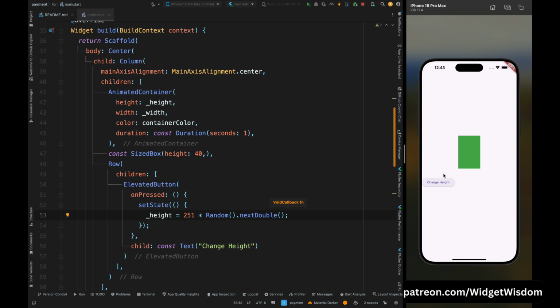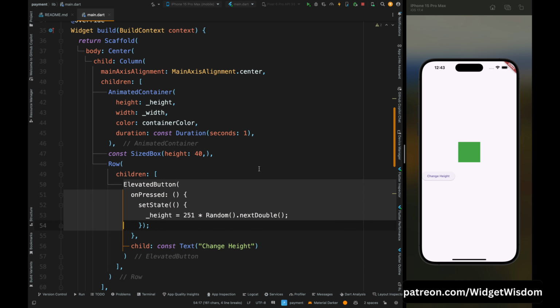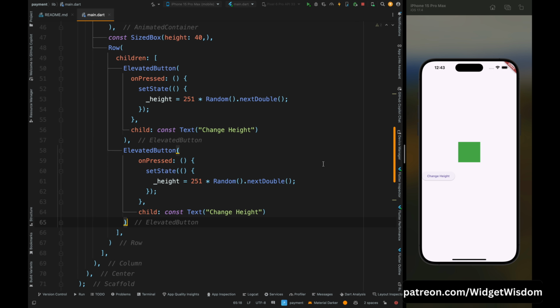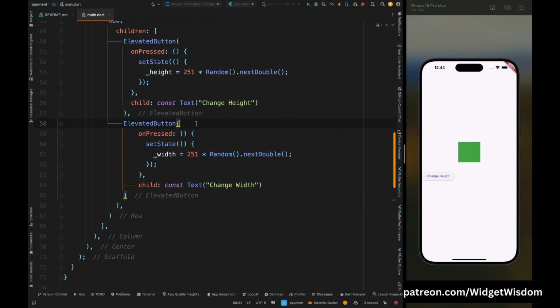Whenever you tap on this button, a new height value will be generated and the container will animate to that height value. So now let's do the same for the width of the container. For that, copy the above elevated button and paste it below this button, and then change the text to change width, then come inside the onPressed method and here set the width to 251 multiplied by the random double